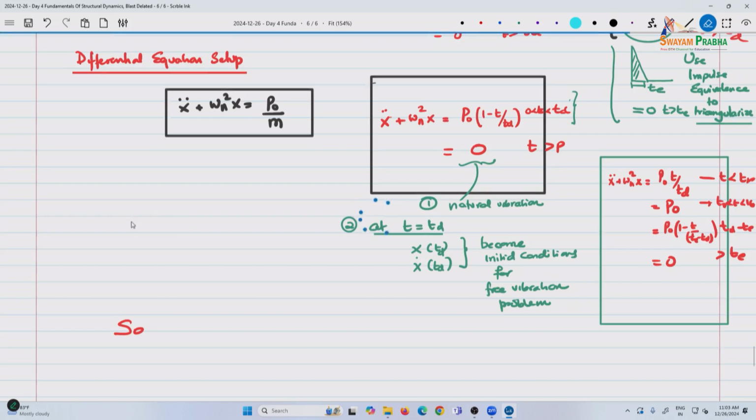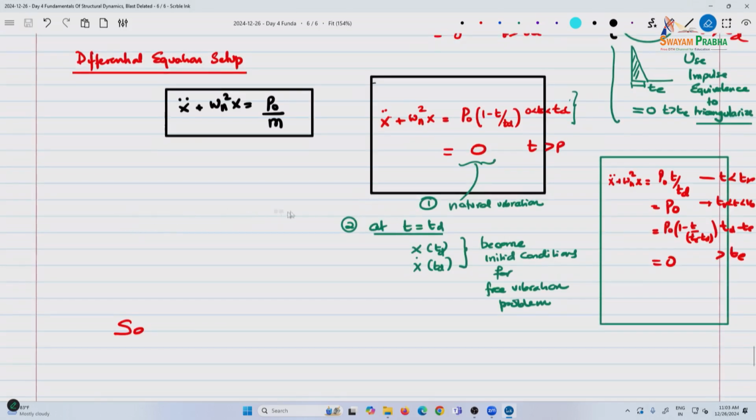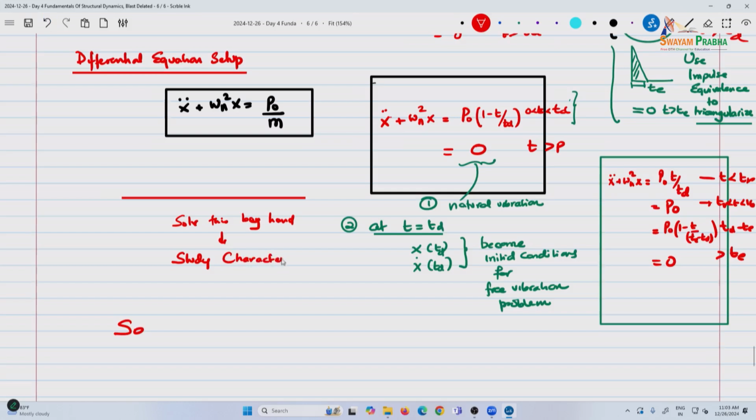So what we will do is, we will solve this by hand in the next session and study the characteristics. What's coming up is understanding the science and also the physical behavior of the solution. For all of these and more,